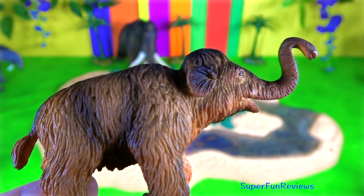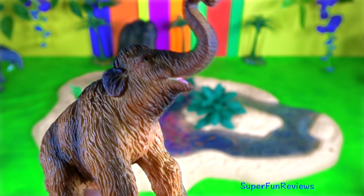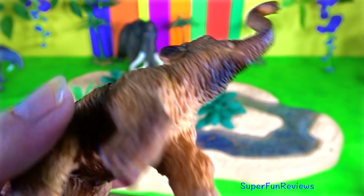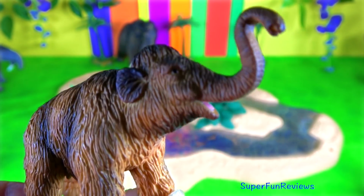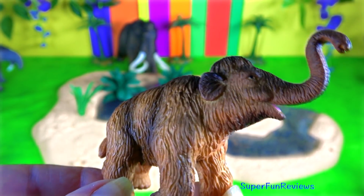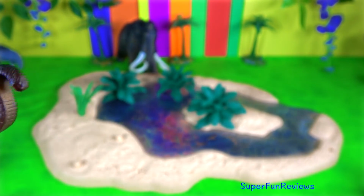And this is a mammoth calf. Already got the long shaggy fur and the distinctive shape of the head there. I like the way the trunk is up in the air. The woolly mammoths probably used their tusks to brush away snow in search of food and to deter potential predators